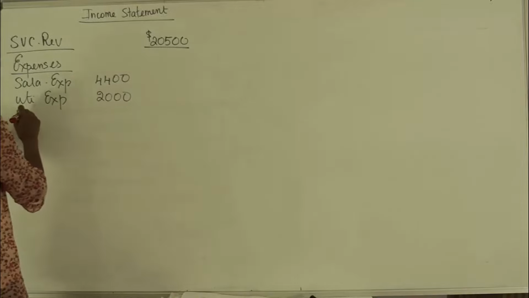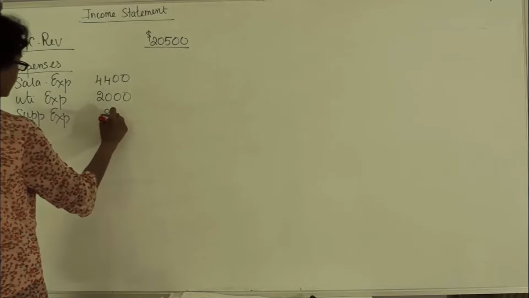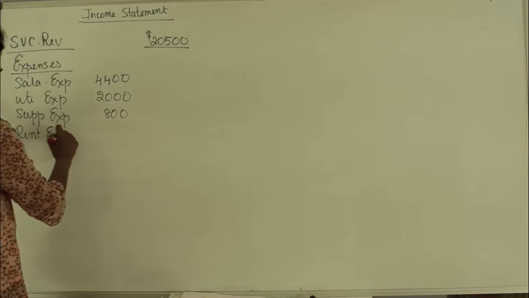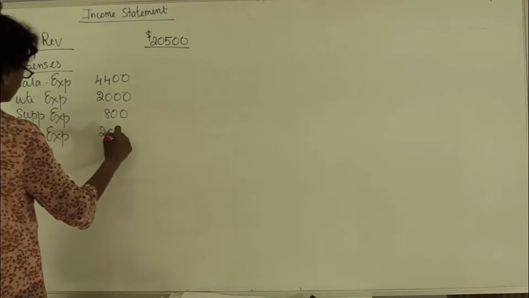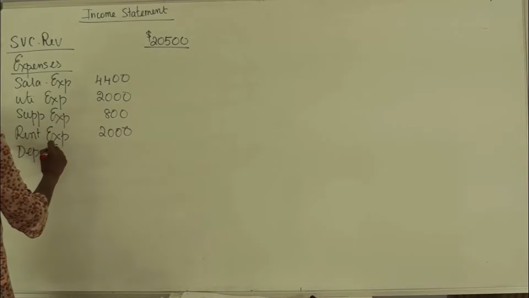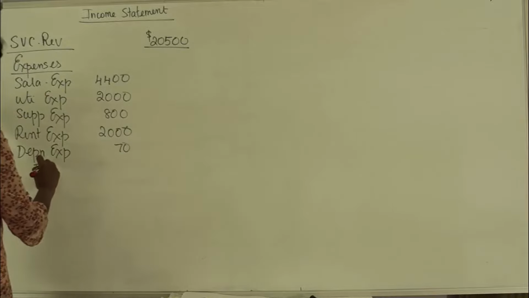You have supplies expense 800. You have rent expense 2,000, and then you have depreciation expense 70. So total